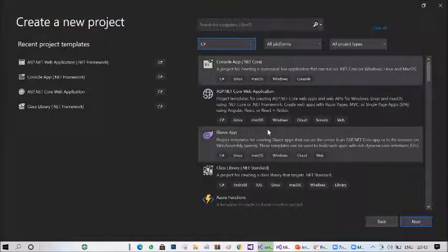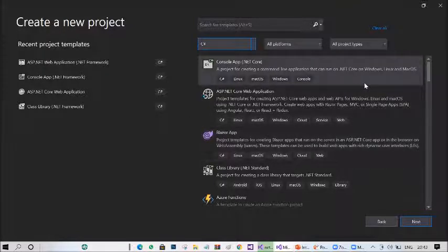If you want to create a Windows application, you can do that, or application programming interfaces, class libraries, etc. There are many types you can create. Now we are new to this and we don't know much about web applications or other .NET applications. We are just in the learning phase, so we are going to take a console app.